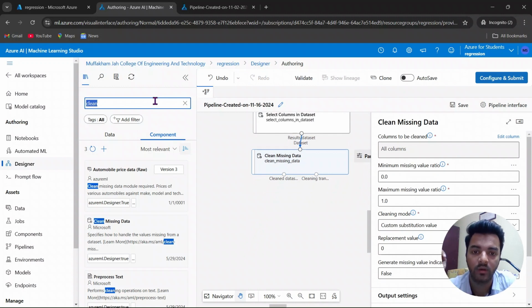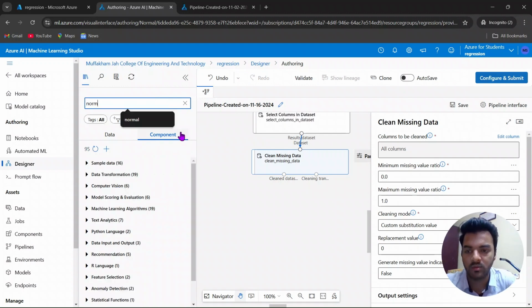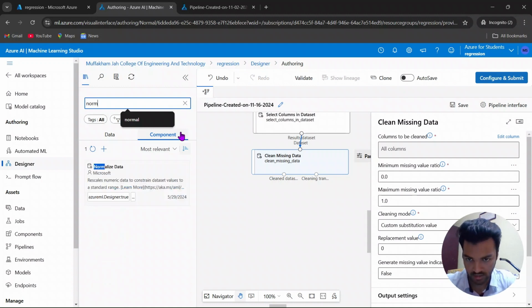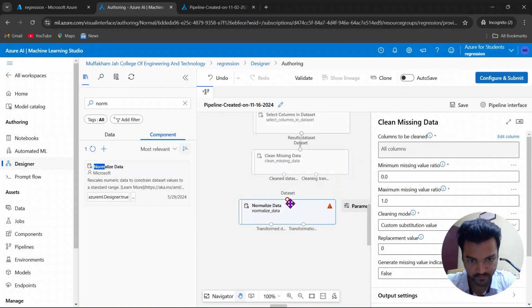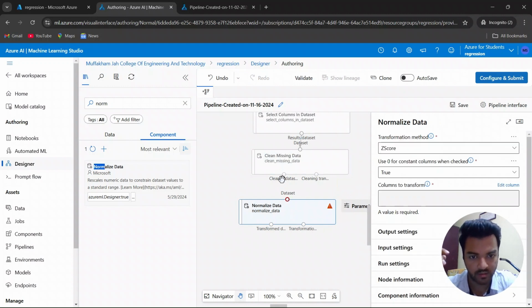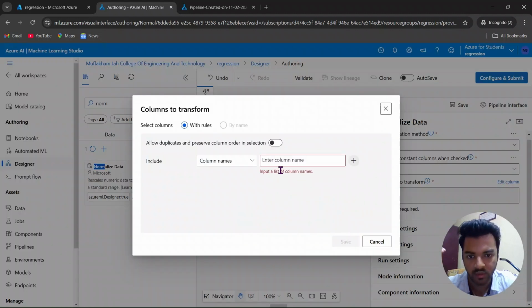After cleaning of the data, next step is to just normalize the data. Let's just normalize it. Yeah, wait a second. Let's take this. And okay, this is done, and let's edit the column